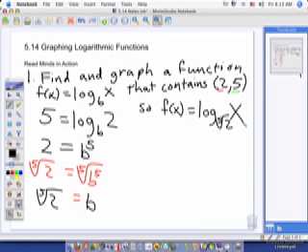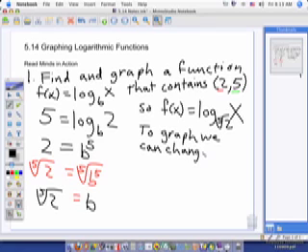So how do we get our calculator to graph that? And what did the minds and actions say to do? Get our calculator to graph this. So all we need to do is change the base. So what we're going to do in general terms. So to graph, we can change base. Well, if we change the base, that would give us f of x equals log,